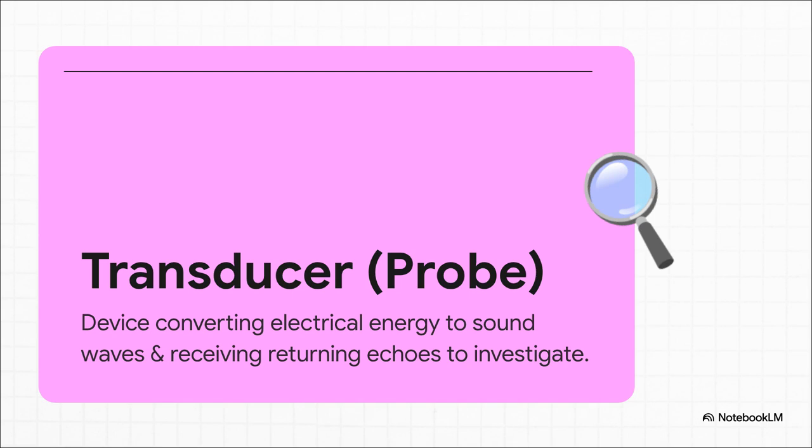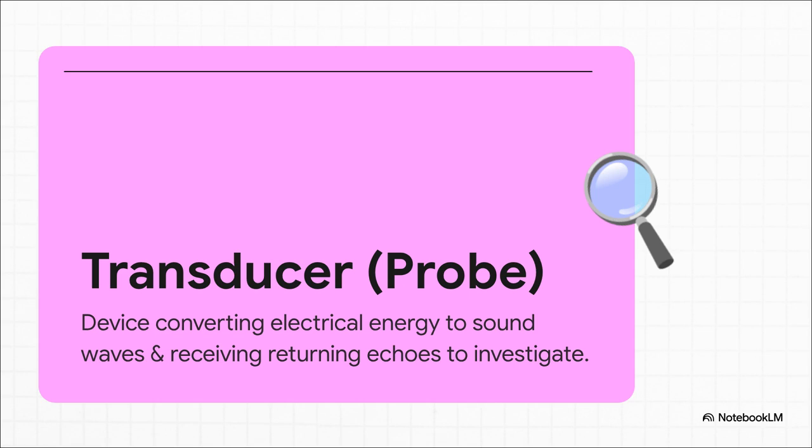Okay, so the absolute most essential piece of equipment here is the transducer, which you'll usually hear called the probe. This little device is basically the ultimate two-way translator. First, it converts electrical energy into sound waves, sending them right down into the body. But its job doesn't stop there. It then acts as this highly sensitive receiver, catching the returning echoes that bounce back so it can investigate our